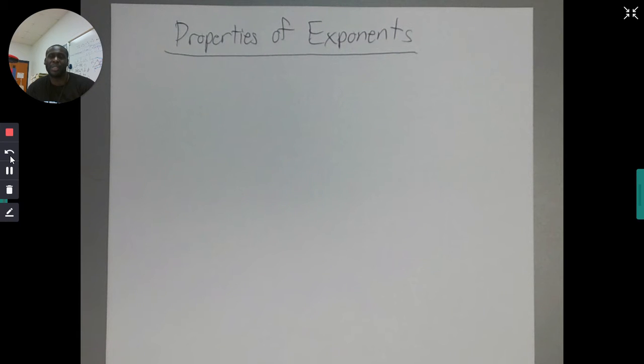Hello, students. This little mini lesson today is going to be about just a few properties of exponents. We're not going to go over all of the properties of exponents because that would be more than what's in this unit. At certain times, we will go over more of the properties when we get to different units. But again, with this,